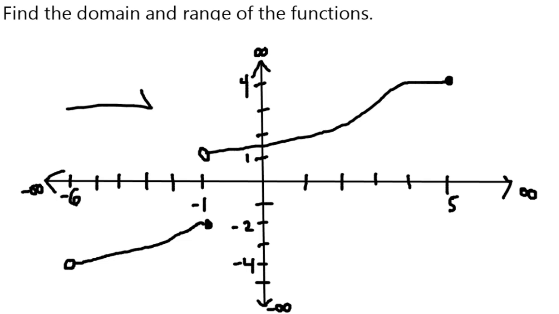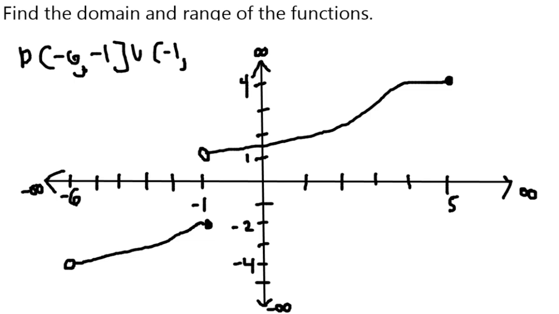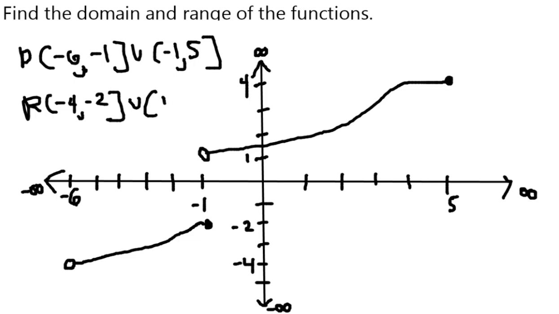Find the domain and range of the functions. And so how do we calculate this one? So for the domain, this is just going to be -6. And we got -1. We're going to use a close bracket. Union. We're going to use union, -1 to 5, and we're going to use a bracket there. Now to calculate the range, we're just going to look for the y values from -infinity to positive infinity. So at -4, we're going to use our parenthesis and a bracket to -2, union 1 to 4, and